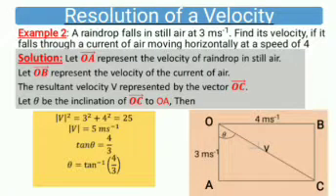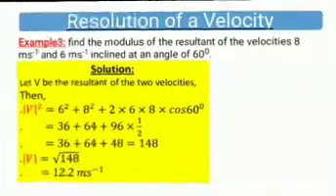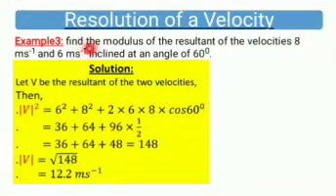Now let's look at another question, number 3. We have to find the modulus of the resultant of velocities 8 meters per second and 6 meters per second at an angle of 60 degrees. Now, we are given the angle this time around. The angle between these two velocities, 8 and 6, is